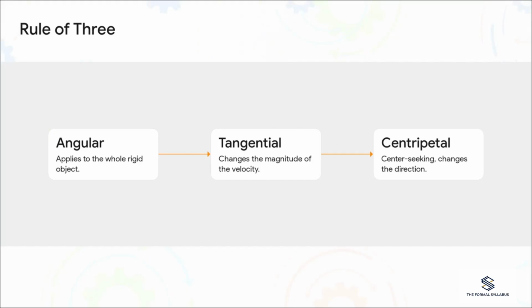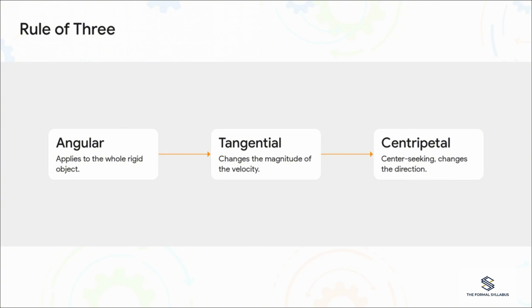So there's a sort of tale of 3 accelerations that dictates exactly how an object moves in a circle. Let's group them together using the rule of 3. We've got angular acceleration, tangential acceleration, and centripetal acceleration. Now, we absolutely have to point out a crucial distinction here. That first one, angular acceleration, represented by the Greek letter alpha, is an angular quantity applied to the entire rigid object as a whole. Think of a spinning CD. The whole thing has 1 angular acceleration. But those other 2? They are linear quantities, meaning they depend entirely on exactly how far out from the center